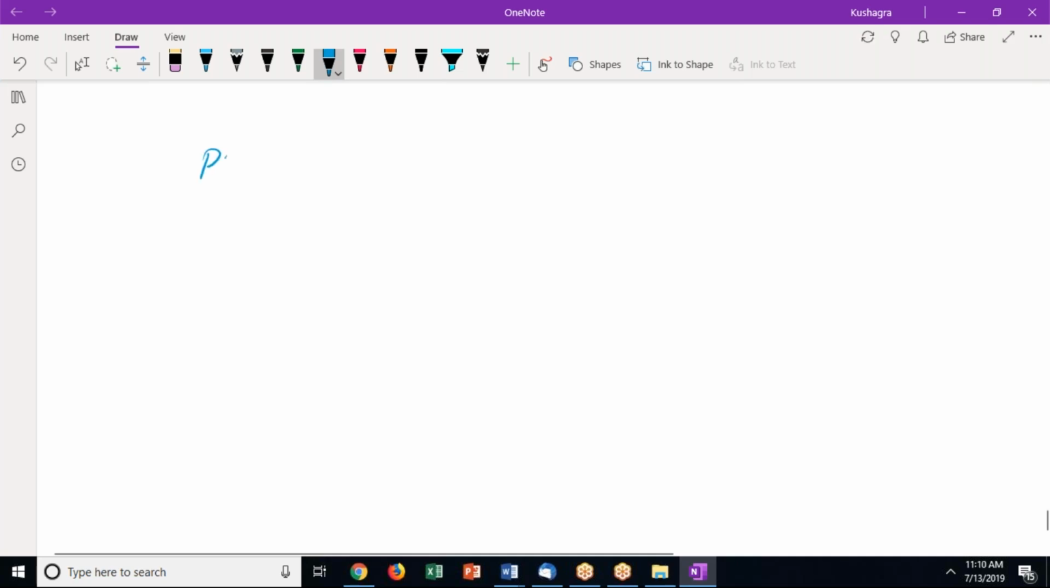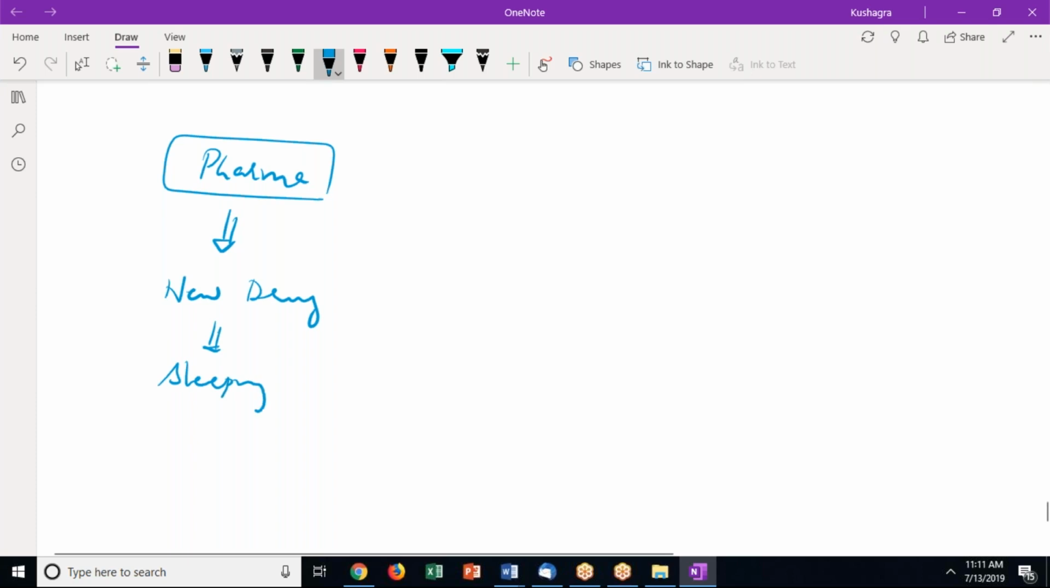So let's take a pharma company, a drug manufacturing company. Suppose this company has come up with a new drug, and consider that this is a sleeping pill. They say that this pill is pretty effective, a pretty good pill, and it enhances the quality of sleep of individuals. But before the drug can be launched in the market,